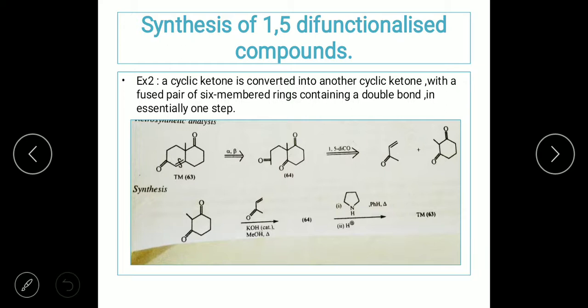A cyclic ketone is converted into another cyclic ketone with a fused pair of 6-membered rings containing a double bond in essentially one step. So here also we have a bicyclic compound, and you're going to do the same disconnection at the double bond. It is going to give rise to a diketone, and then we're going to disconnect it further, making use of the 1,5 disconnection. That's why we're writing 1,5 dico. If you start numbering this compound, it is 1, 2, 3, 4, 5, the 1,5 disconnection, and you can make use of a disconnection just next to the